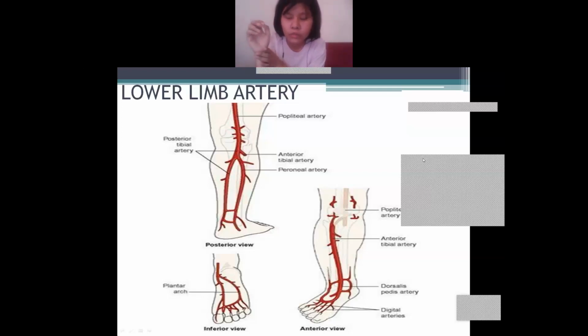So what happens if you use this thumb? You will find a double rhythm. You know the rhythm, like it beats, no? So you'll find double of it, so it will be incorrect. That's why you should always use three or two fingers. One finger also you'll be able to, but it depends on how expert you are. But you should not use your thumb.